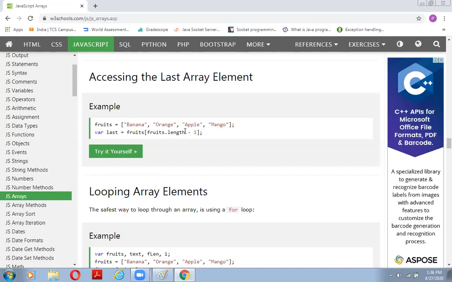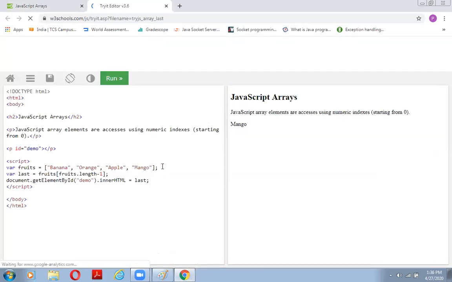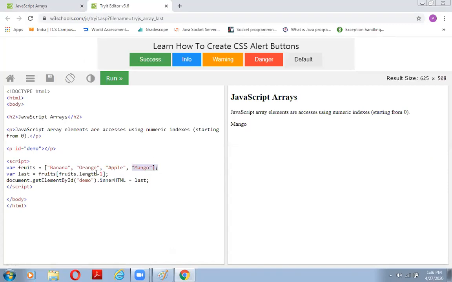We take this fruits.length and implement it, and we subtract 1, making sure it is -1. When we make sure it is -1, finally we get this mango part. If this -1 is not there, we will get undefined, because